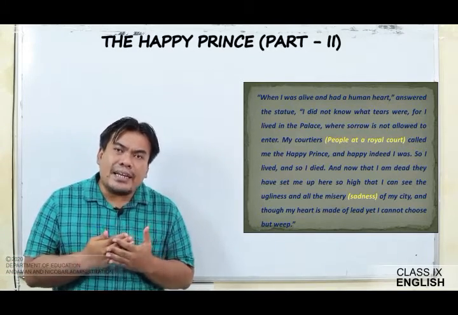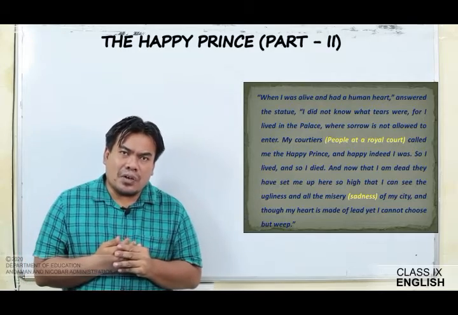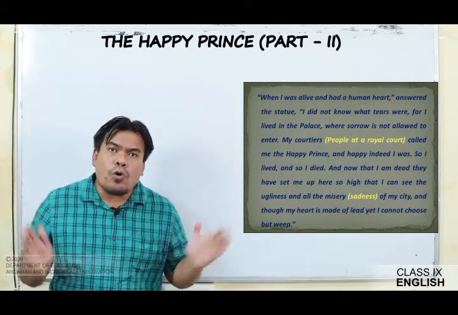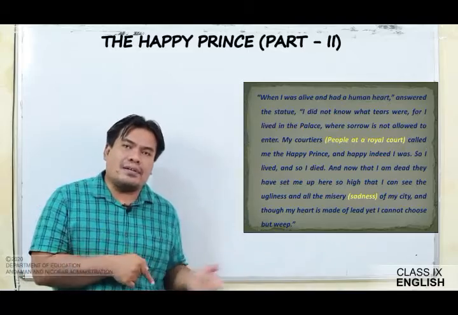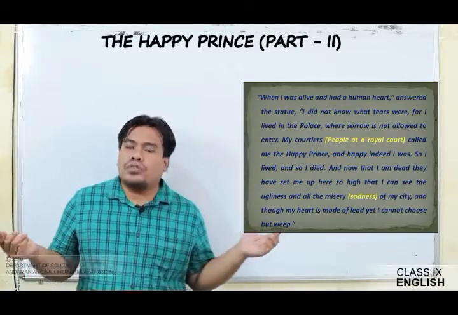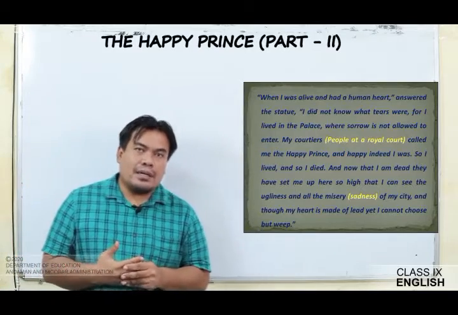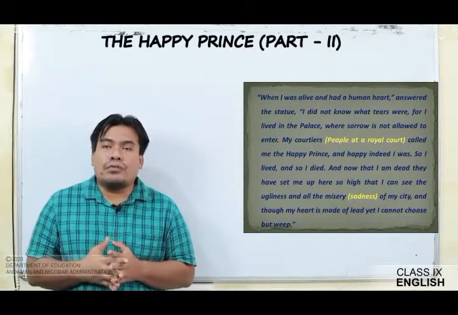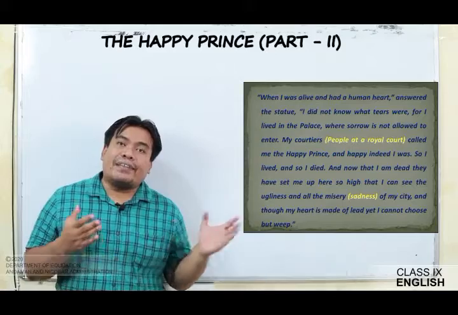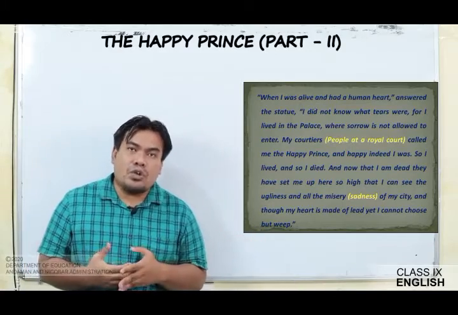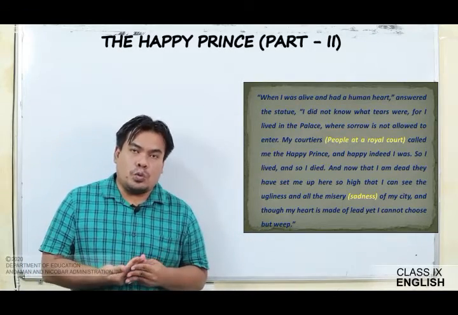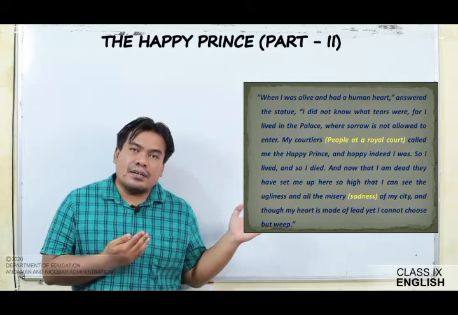He used to stay in a palace where sorrow was not allowed to enter. What is the meaning of sorrow? Sadness, unhappiness. These are the synonyms of sorrow, where sadness or unhappiness were not allowed to enter his